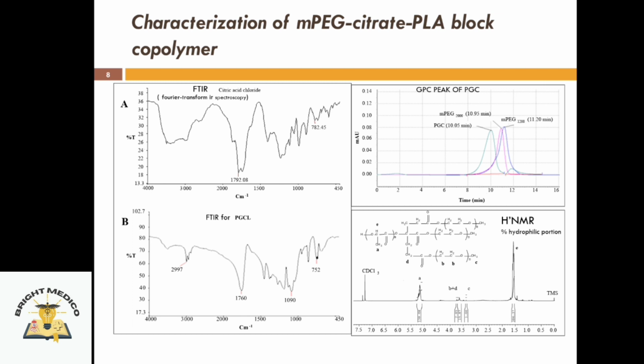So this indicates the citric acid chloride. Now FTIR for PgCl: different peaks were obtained, that is 2997, 1760, 1090 and 752. Now if you take a look at the GPC peak of PGC,